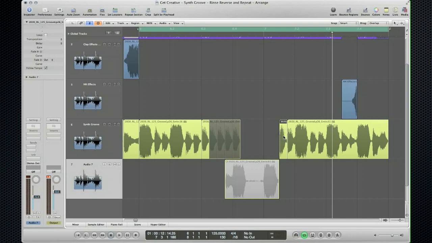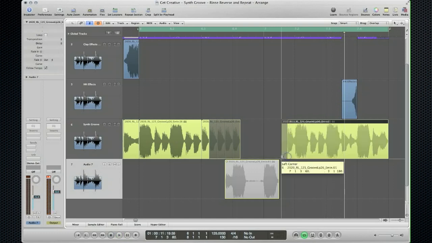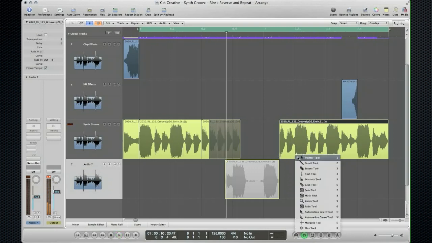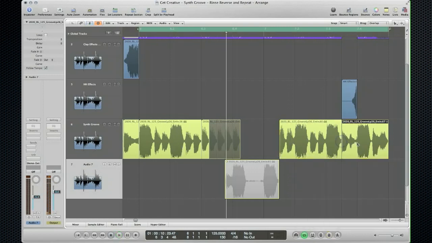And then let's cut that. Maybe that was good with that. Let's chop it out there so we focus on that reverse hi-hat right there.